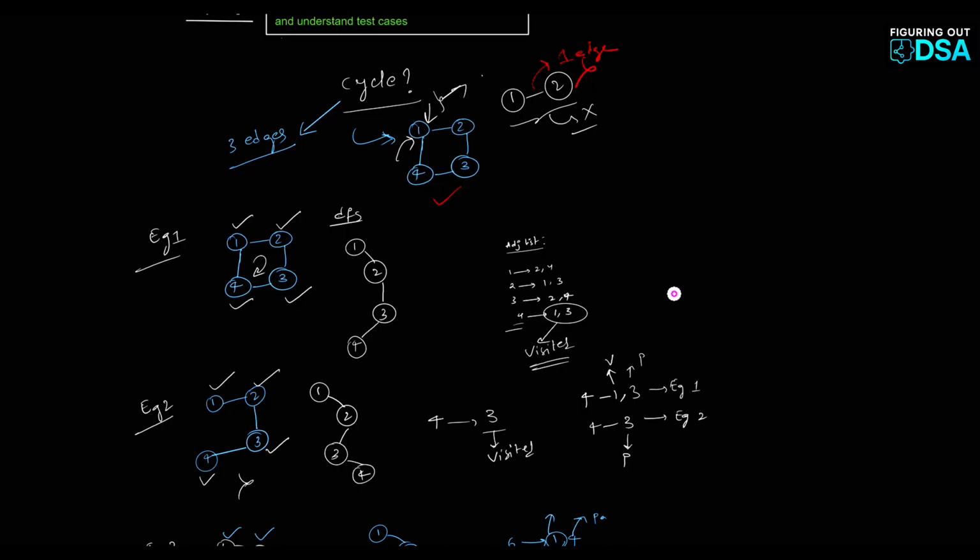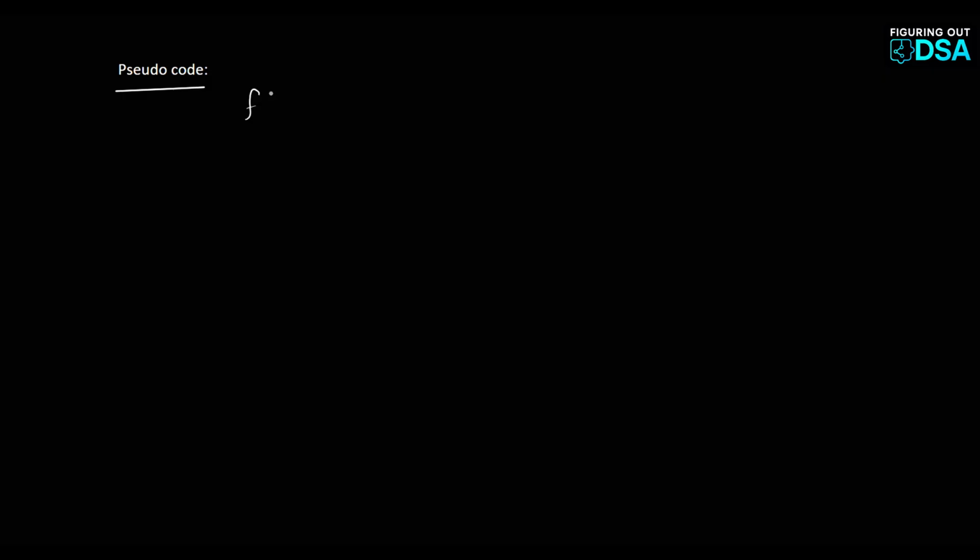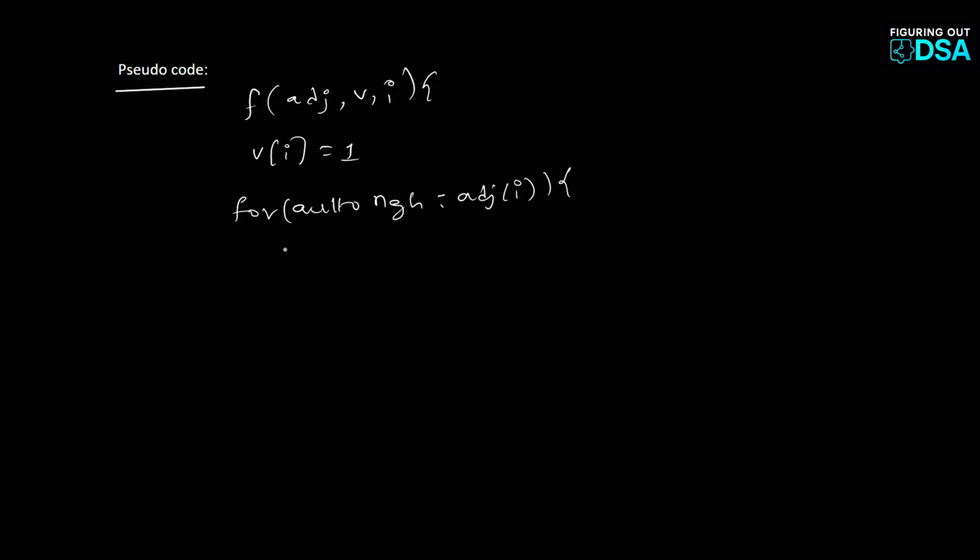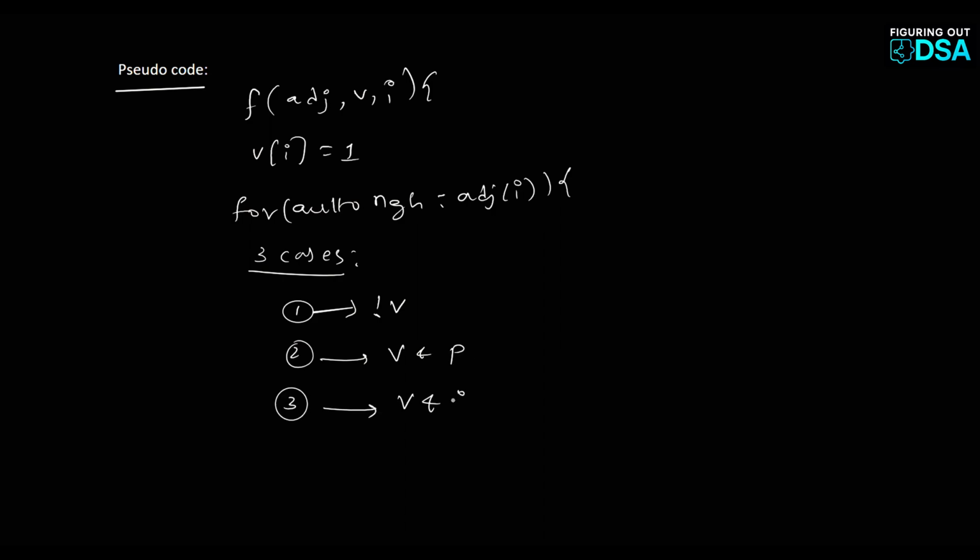So that's it. We have understood how to detect a cycle in an undirected graph. Let's try to write pseudocode for this. We'll call a function with the adjacency list, visited and current index. First we'll mark the current index as visited, and then we'll traverse the neighbors. Here we can get 3 cases. The first case is if it is not visited. The second case, if it is visited and parent, and the third case, it is visited and not